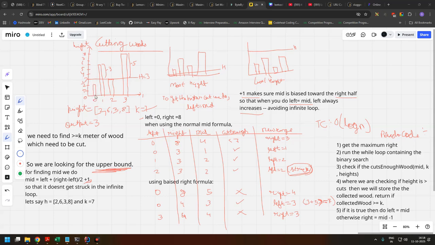Wood number 0 is of height 2, wood number 1 is of height 6, wood number 2 is of height 3, wood number 3 is of height 8, and the target we are given is 7. We need to find the maximum wood according to the height. So the output is 3, because